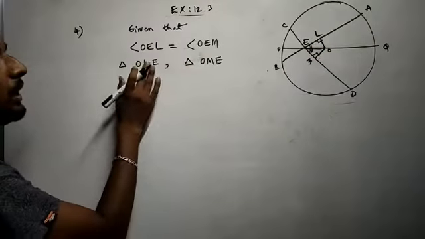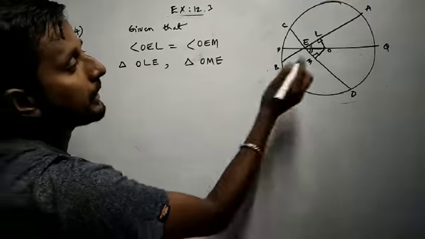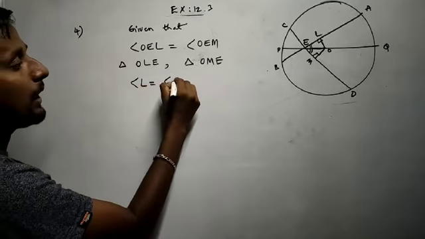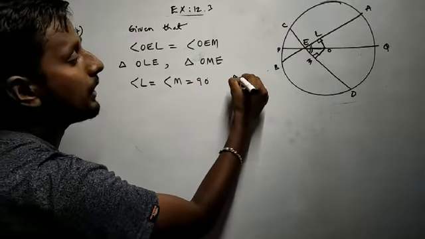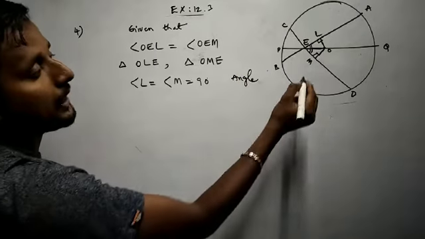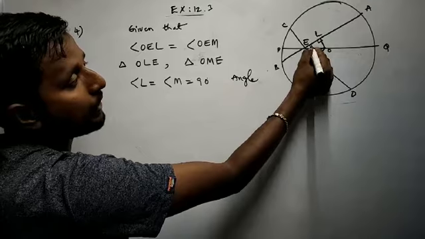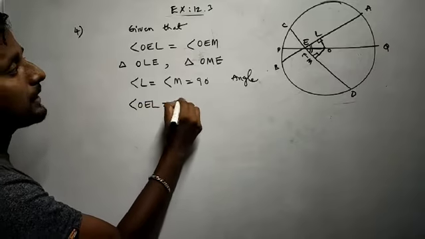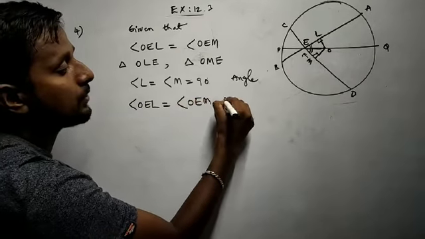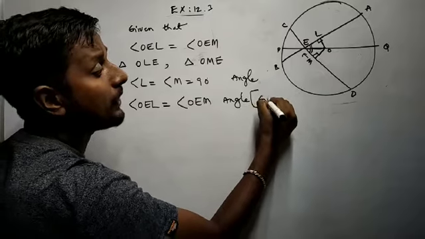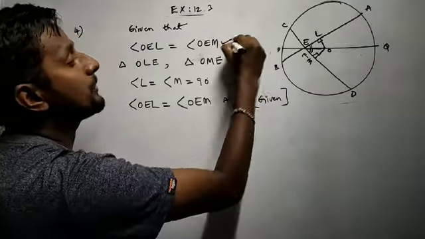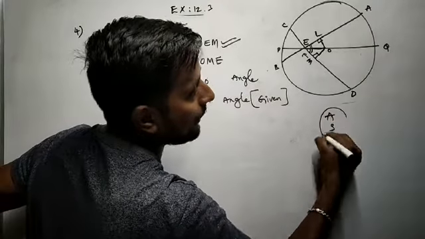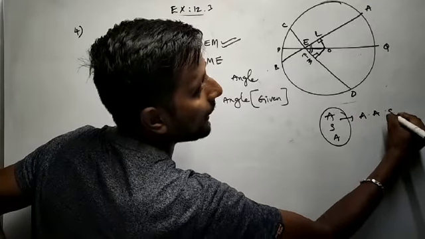Okay, right. So now I am going to compare triangle OLE and triangle OME, the little triangles. So what I'll write now, angle L is equal to angle M, both are 90s. Okay, it's an angle. Next we have one more angle. So I'll write angle OEL, that is equal to angle OEM. It's also an angle. The reason for equality is it's already given in the information. Next, instead of ASA, we can write this as the AAS rule also.